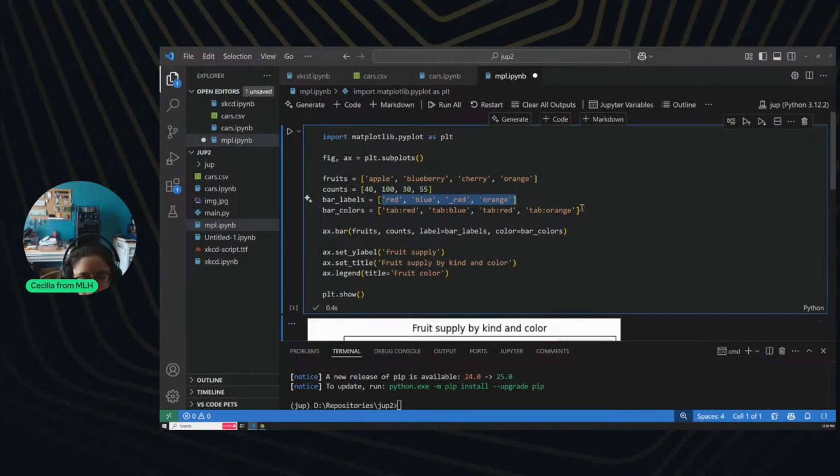And I'm not showing you the plot just yet, getting to the plot, if you will, because my goal is to make sure that you understand that all the things that you just manually draw out, you can do programmatically, of course. And so you can see that there's labels, there's colors, and then there's actually plotting it itself, which is this ax.bar, where you have your categories, you have the values that you're going to draw, you have whatever the labels are going to be, which you've predetermined here, and then you have the color that you're